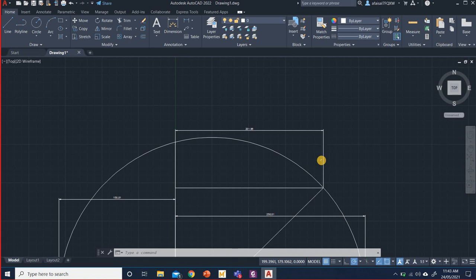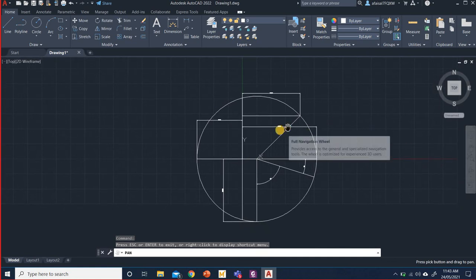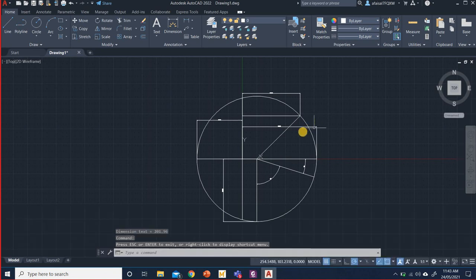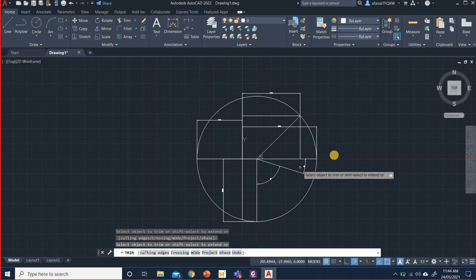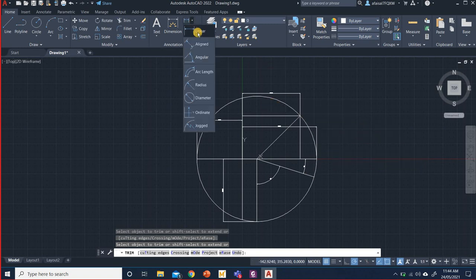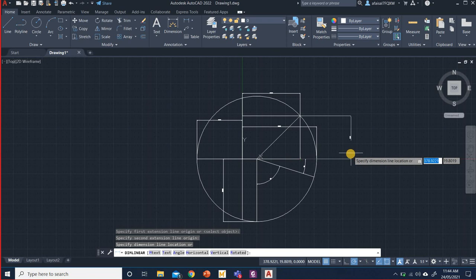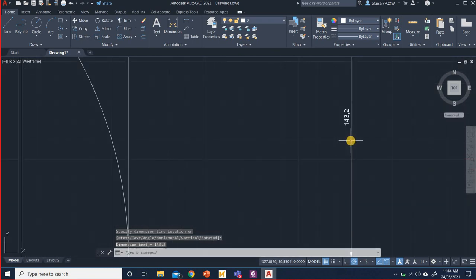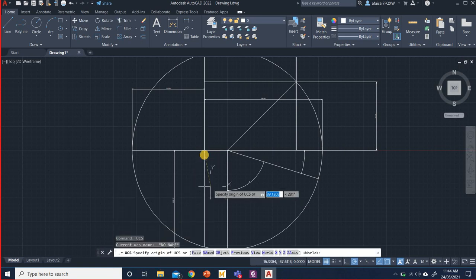उसके लिए आपको एक और लाइन चाहिए होगी, उसके बाद आप इसको ट्रिम कर सकते हैं, फिर आप इसकी डायमेंशनिंग कर सकते हैं, लीनियर फ्रॉम दिस पॉइंट टू दिस पॉइंट, ठीक है। ये आपका 143.2, ये हाफ की वैल्यू आई अभी, ठीक है, 143.2। और ये मैं वापस अपने यूसीएस को ठीक कर देता हूँ,